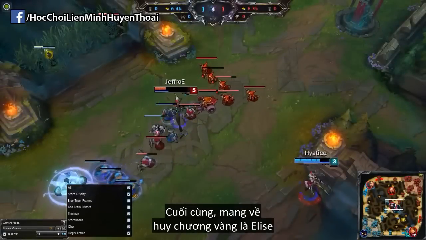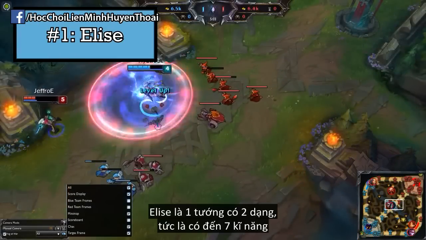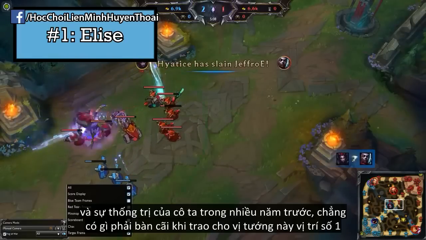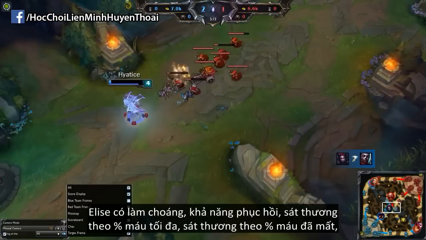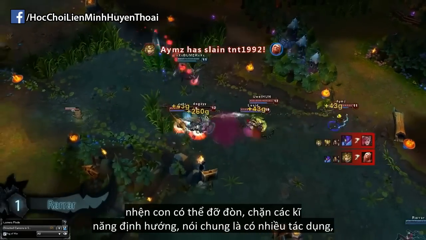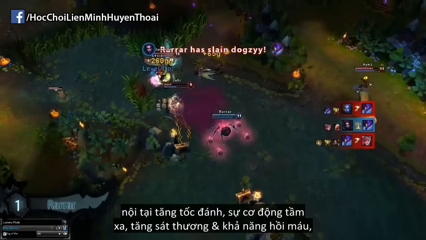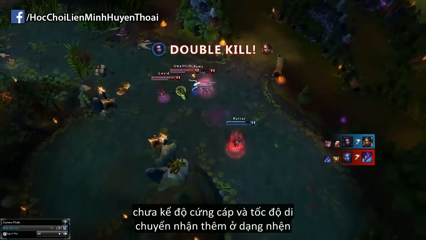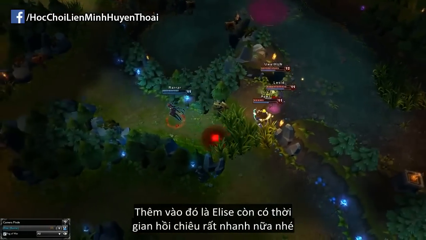And lastly, taking home the number 1 spot, we have Elise. And as another champion with 2 forms, giving her what is essentially 7 abilities, and her dominance throughout the years, it's no surprise that she takes the number 1 spot with her stun, sustain, percent max health damage, percent missing health damage, spiderlings that can be used to tank things and block skill shots, and overall give a ton of utility, passive attack speed, insanely high ranged mobility that gives her bonus damage and bonus healing, and not to mention the tankiness and move speed her spider form provides,